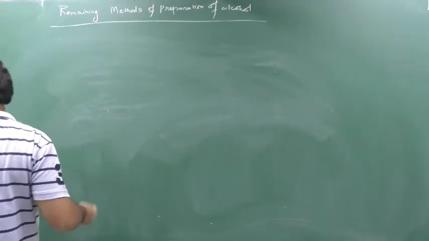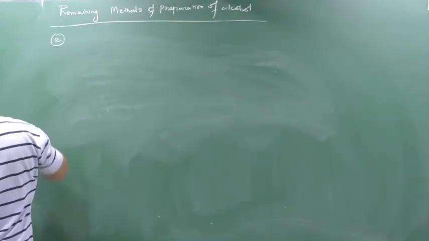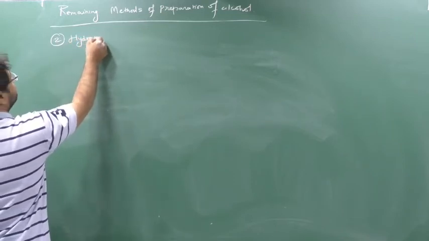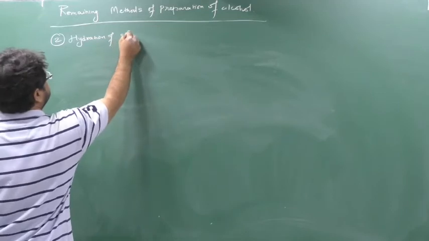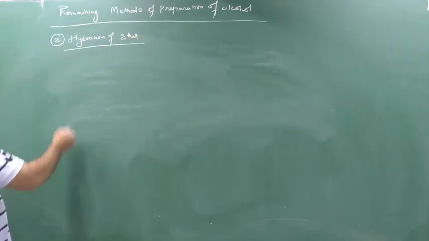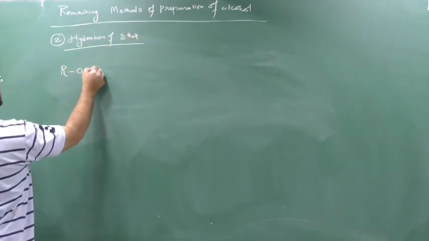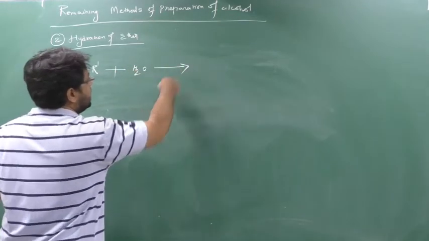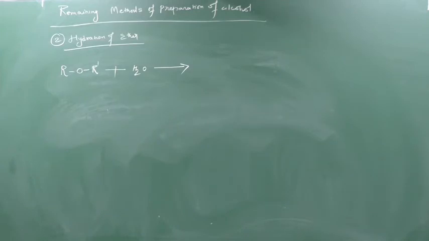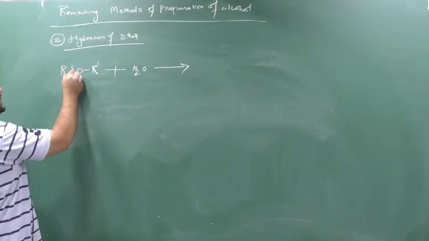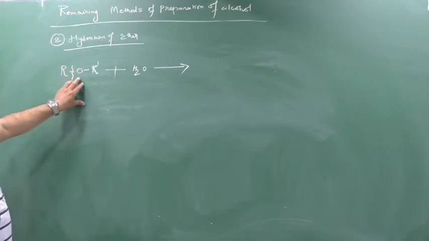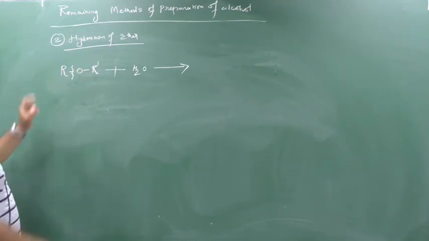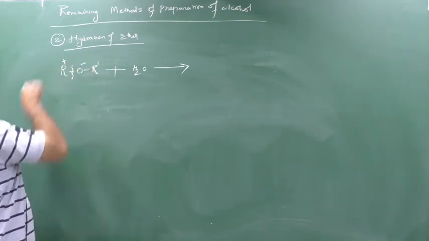The next topic says the reaction with water. So the second topic is hydration of ether. Okay, so this is the formula of ether, ROR dash, plus H2O. Clear? Now see, here also how will splitting occur? See, if splitting occurs in this way, then O is with which part? So O is with this R dash, which means this whole part will get minus and this will get plus.